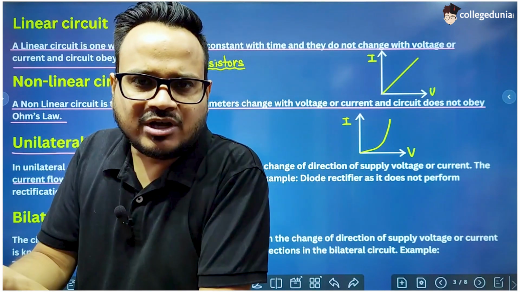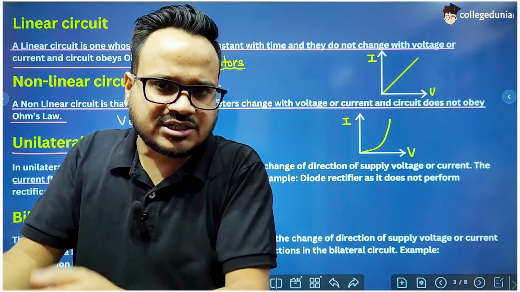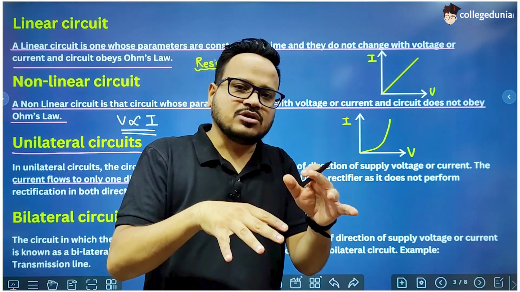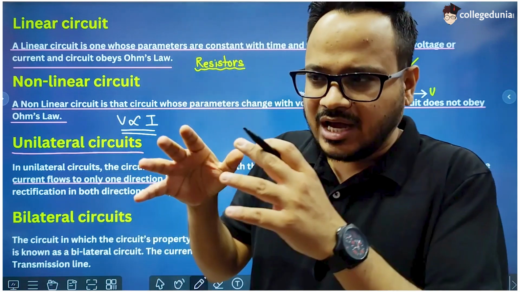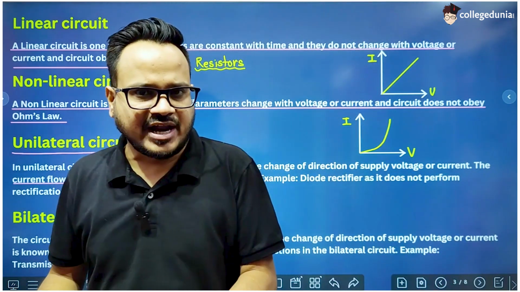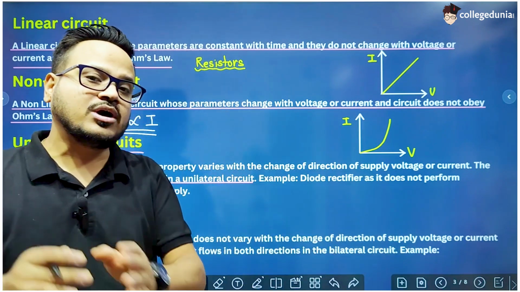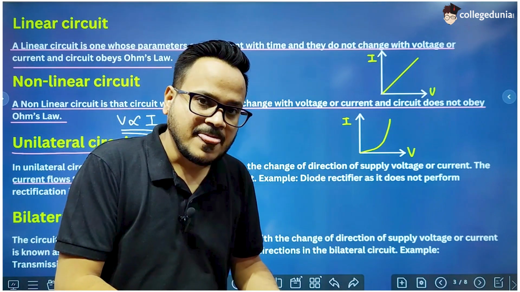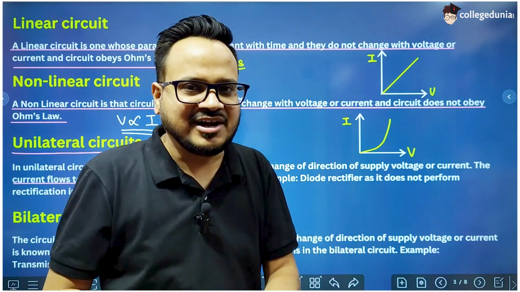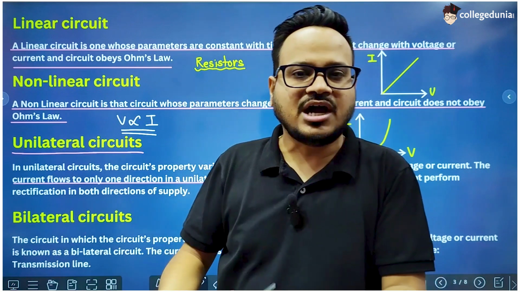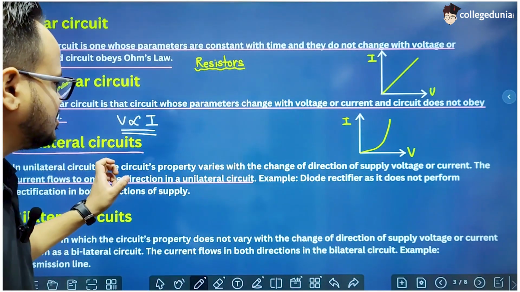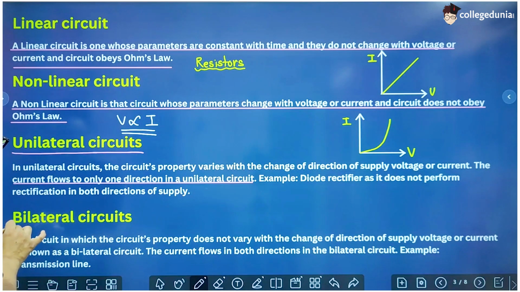Whether the input is in one direction or the other direction, in a diode rectifier, the input that we apply is an alternating current, and obviously an alternating current, we all know that it changes direction, and the diode rectifier is used to convert alternating current into direct current. And since the direct current always flows in a single direction, so whether the alternating current in one direction or the other direction, the output that you are going to get will be in single direction only. So such type of circuits are called unilateral circuits.